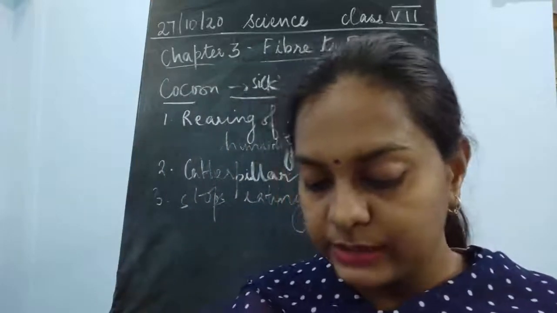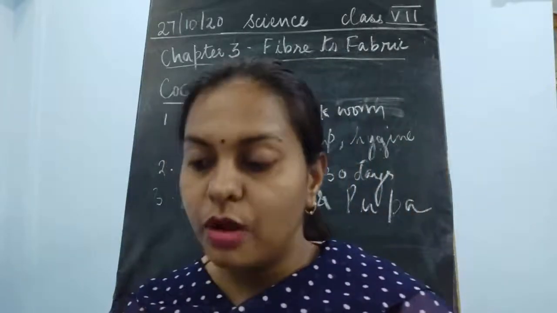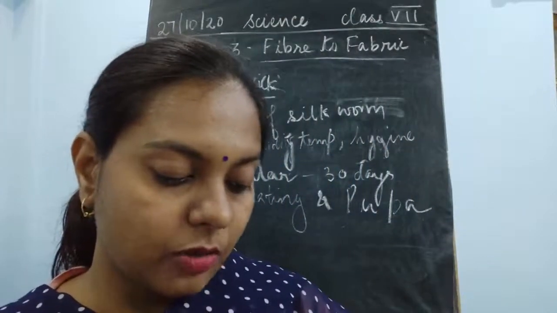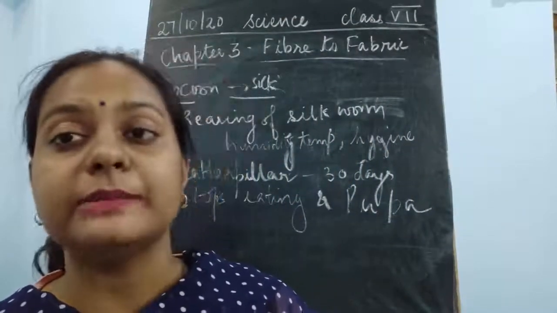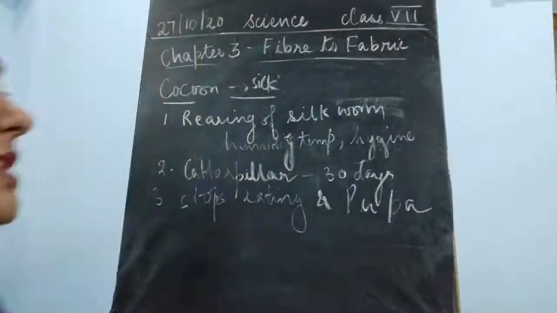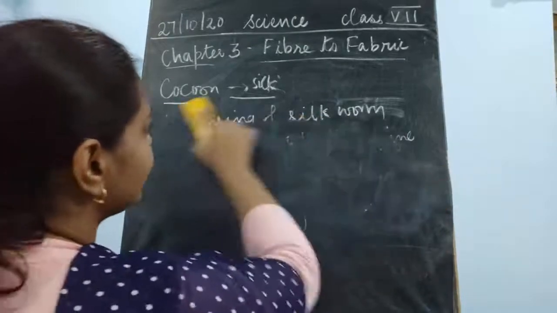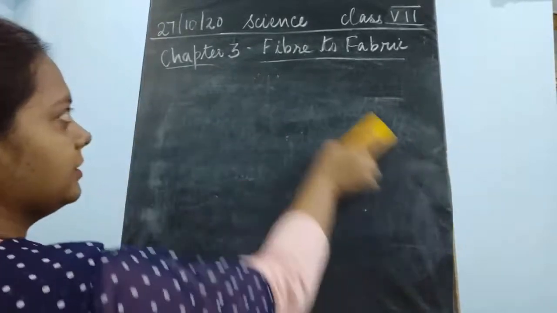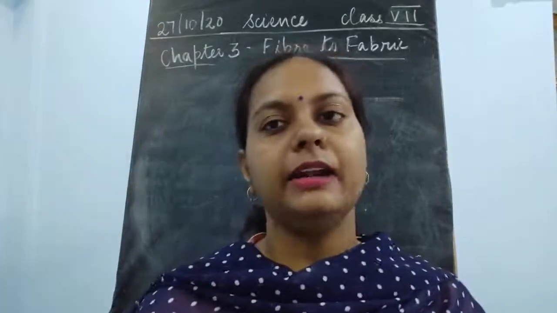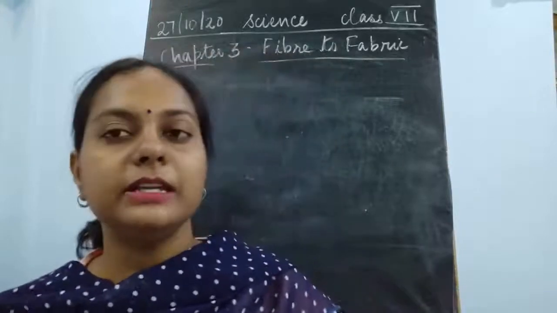Okay, now what is the processing of the silk, children? A pile of cocoons is used to obtain the silk fibers. These cocoons are kept under the sun, or boiled, or exposed to the steam. So just imagine that these cocoons, which are beautifully spun by the silkworm, are going to be boiled in hot water, or sun dried, or exposed to steam. So we are going to steam these cocoons.